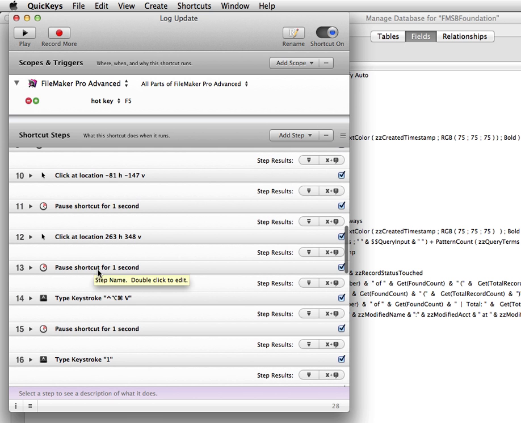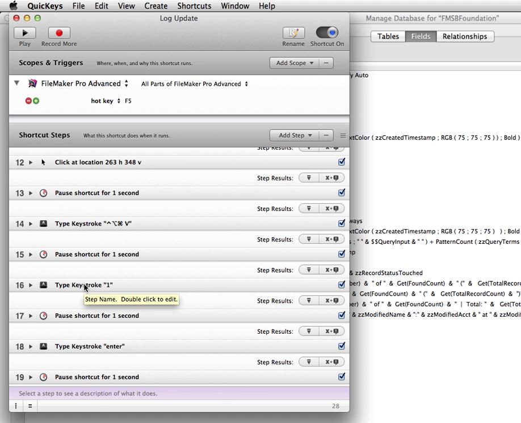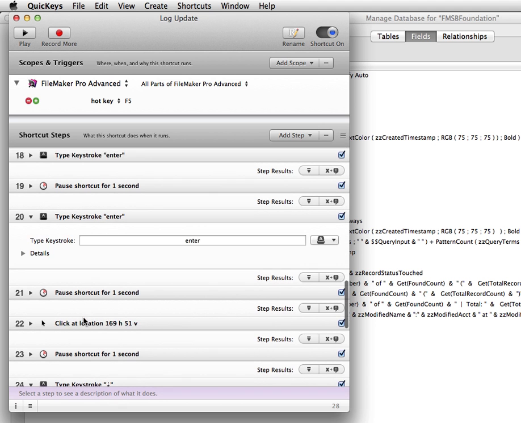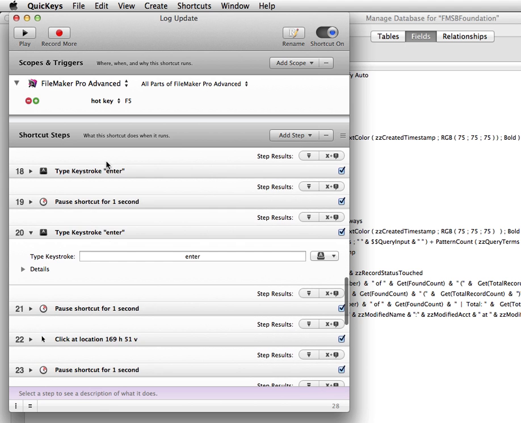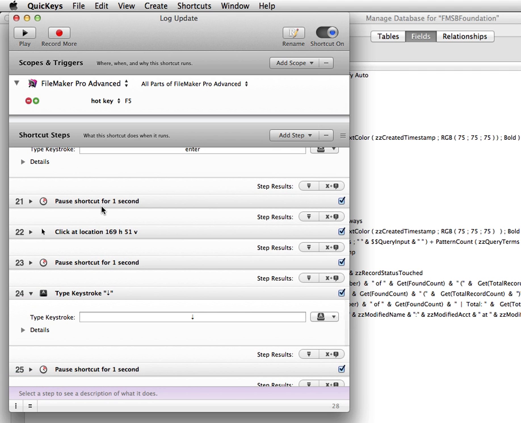Then I pause for another second, and then I bring up my clipboard manager again, and then pause for a second. And then I click 1, which is where I had the text that I want to paste. And then I pause for another second. And then I hit return, so that commits the calculation. I pause for another second, that commits the field change. And this I'm not hitting return, I'm actually hitting enter, because the return key does not make those changes in those dialogues. And then I pause for another second,